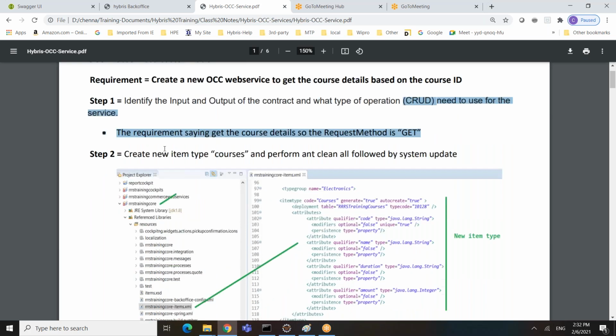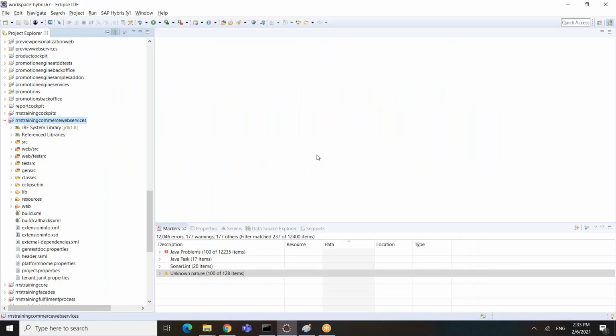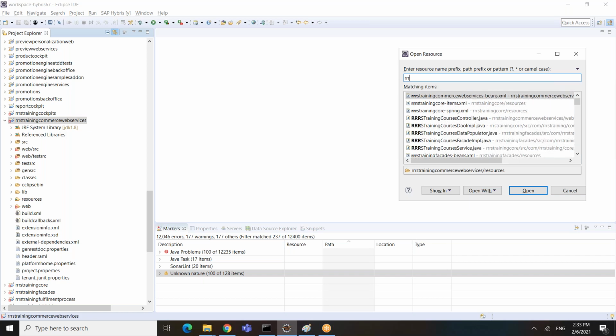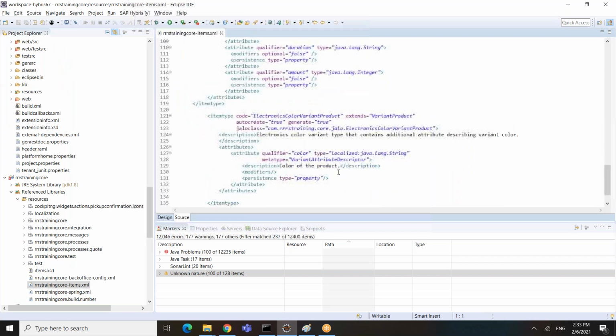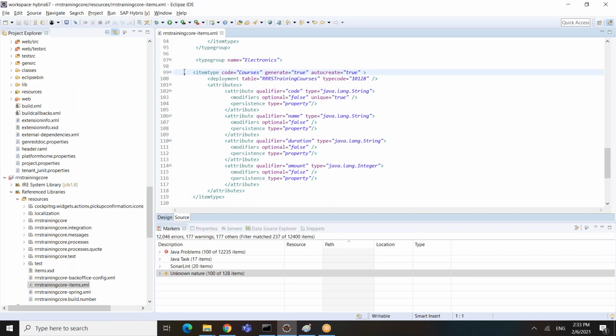So step 2 is, once you're done identifying the contract, input and output criteria, you need to build an item type. And in this case, I'm calling it courses. And then you need to perform an ant clean all followed by a system update. So let's take a quick look at the items.xml. And this is my items.xml.